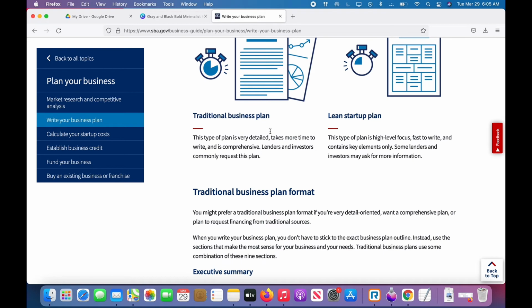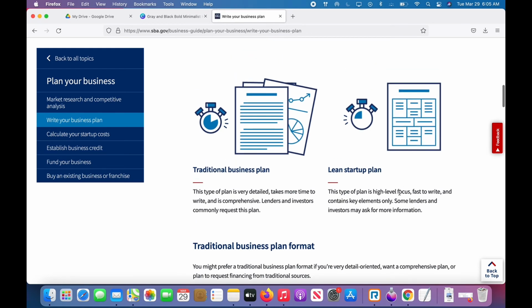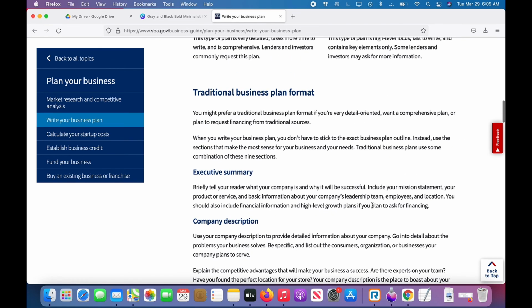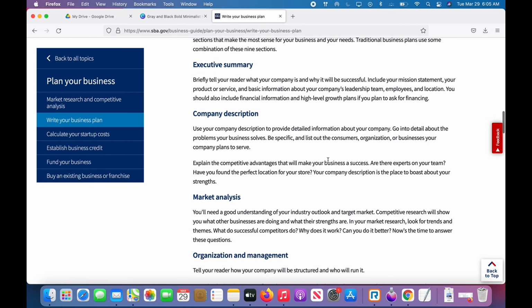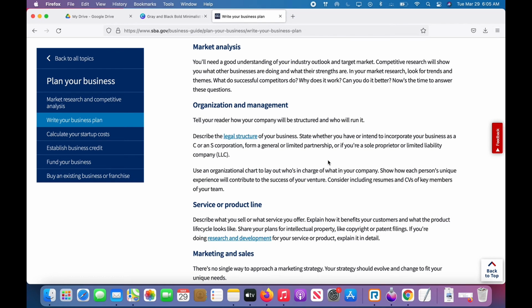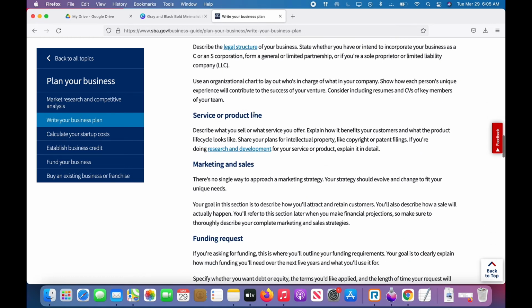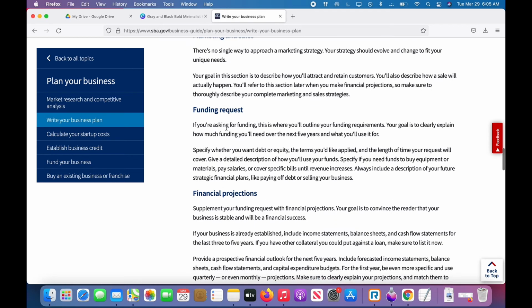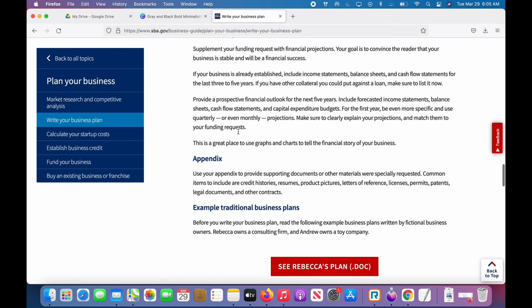Okay, so you have a traditional plan and you have a lean startup plan, and I recommend the lean startup plan. That is what I used, and these are the different sections for the traditional, which is executive summary, company description, marketing analysis, organization and management, service or product line, marketing and sales, funding request, and financial projections and